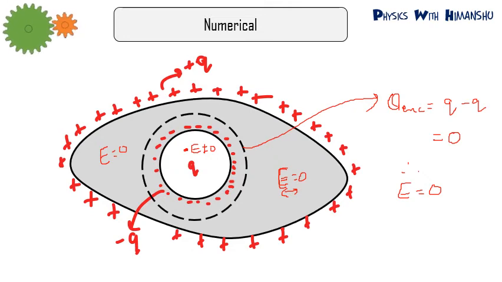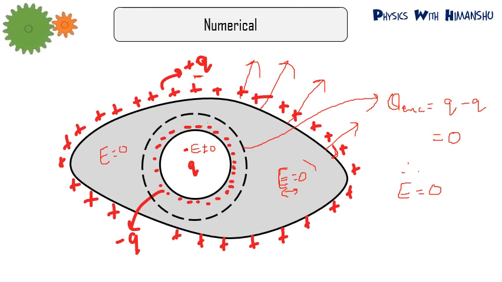So always remember, if at the center of the cavity is Q, then on the circumference the induced charge will be minus Q. And if there is minus Q, then plus Q will move to the surface because the total charge on this conductor is 0. Because Q is at the center, minus Q is induced here, so plus Q will move to the surface. So on this conductor the total charge is minus Q on this surface, plus Q on the outer surface. So the total charge on the conductor will be equal to 0. But there will be an electric field at these points.